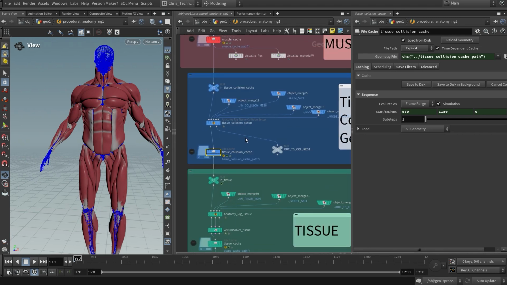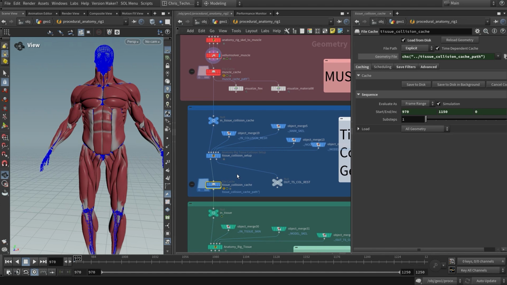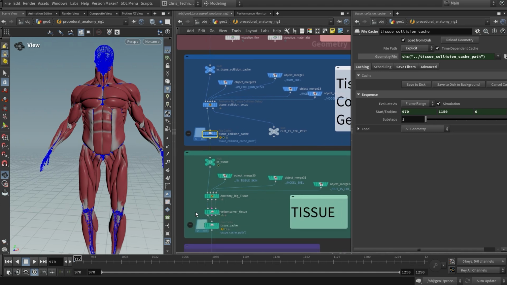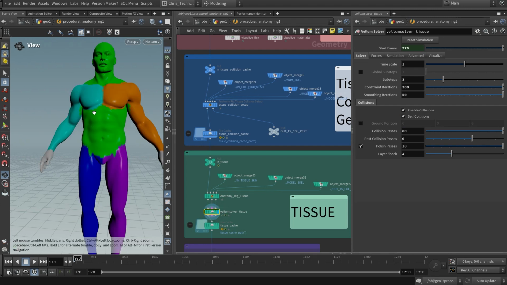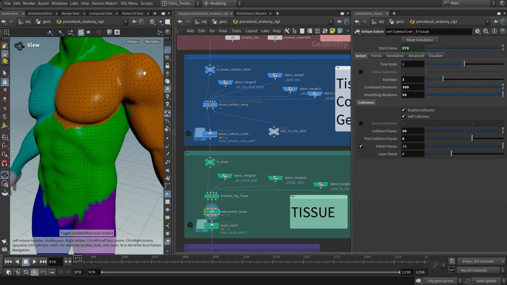I do both, but the main thing is you don't want to have this turned off and this turned off. The muscles and the tissue collision cache, one of them needs to be cached at the very least, because you need to have something cached ahead of going into the next solve, which is the skin solve. And you can see this is the tissue solve, which if we look at the wireframe,